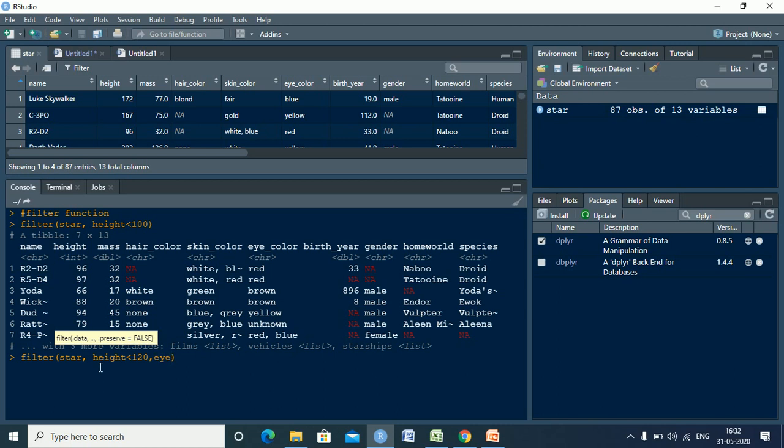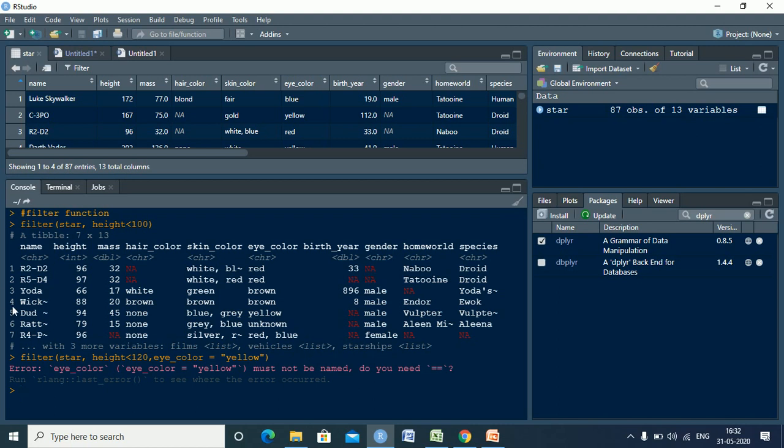And the eye color is equal to yellow, right? So I want to do the filter. So if I put a comma, eye color, I've made a spelling mistake.